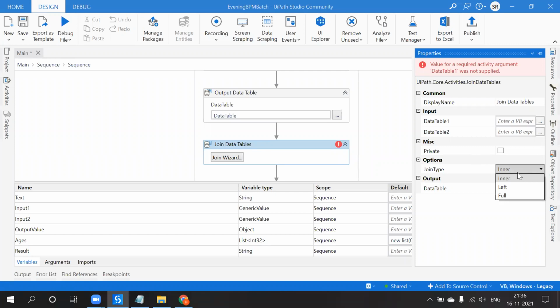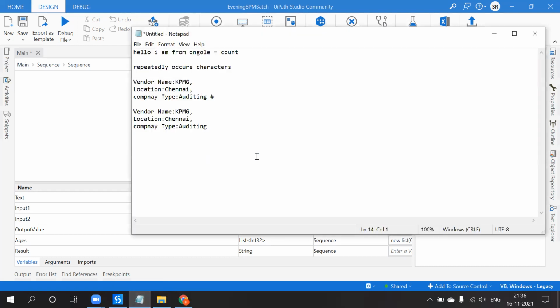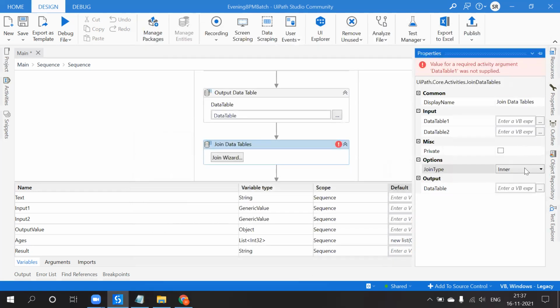So inner join is nothing but both the tables' data. Now in one table I have 5 rows and in another table I have 10 rows. When I use inner join, you will get 15 rows. Both the tables' data can be brought together.